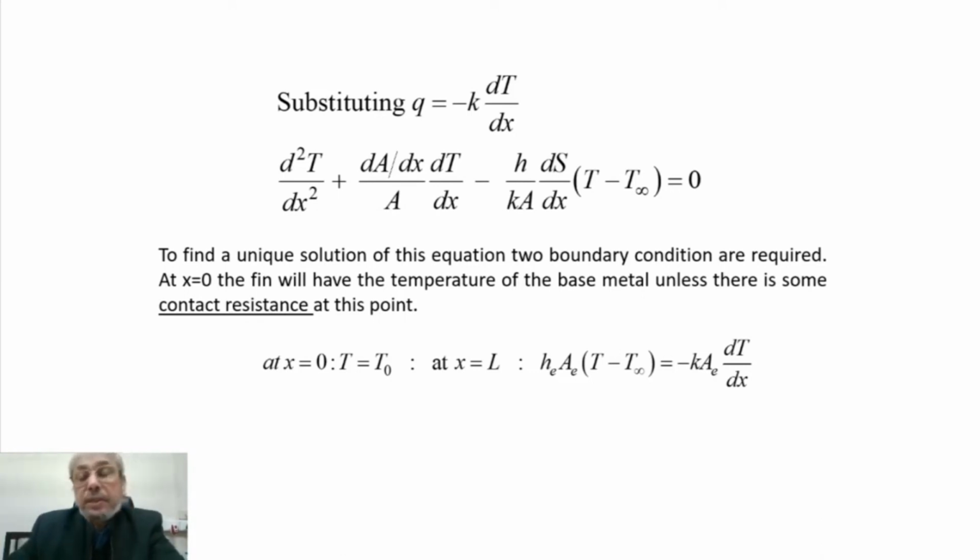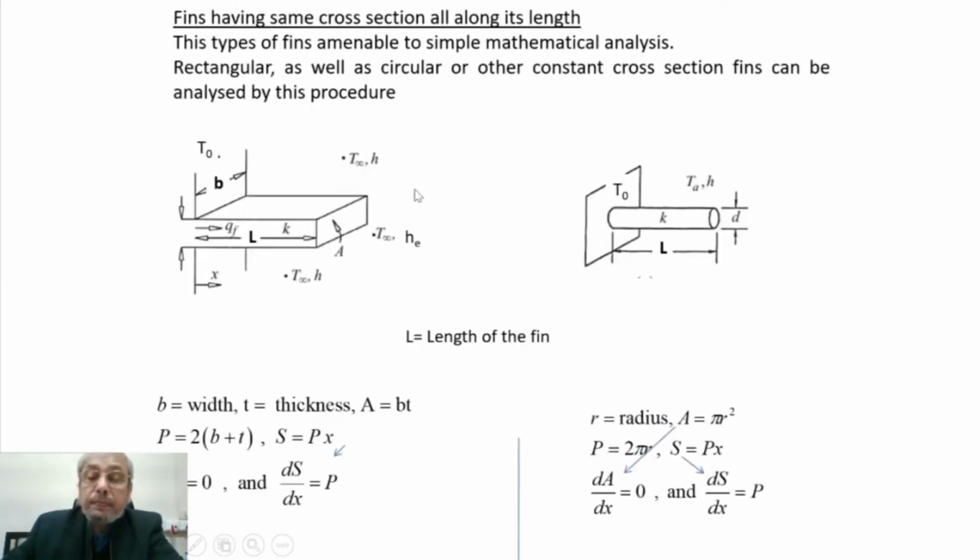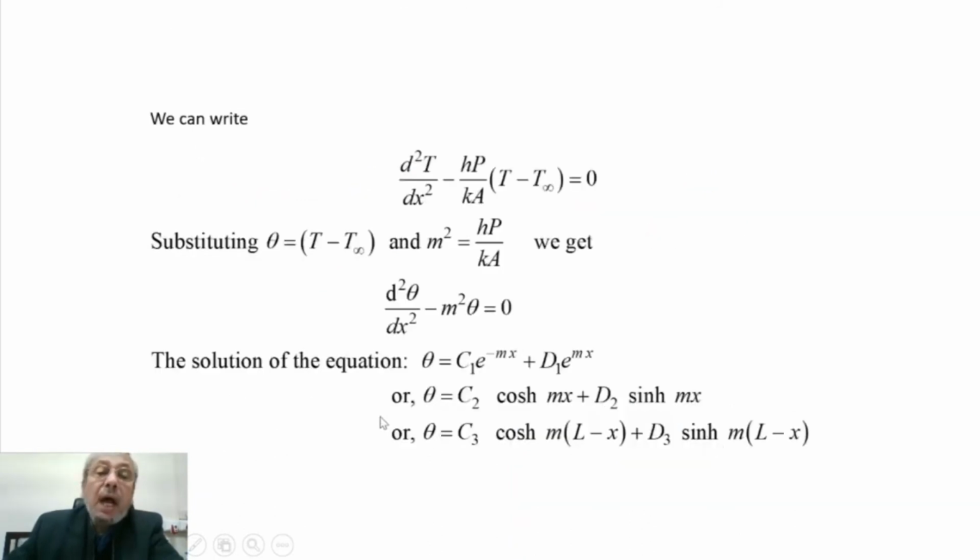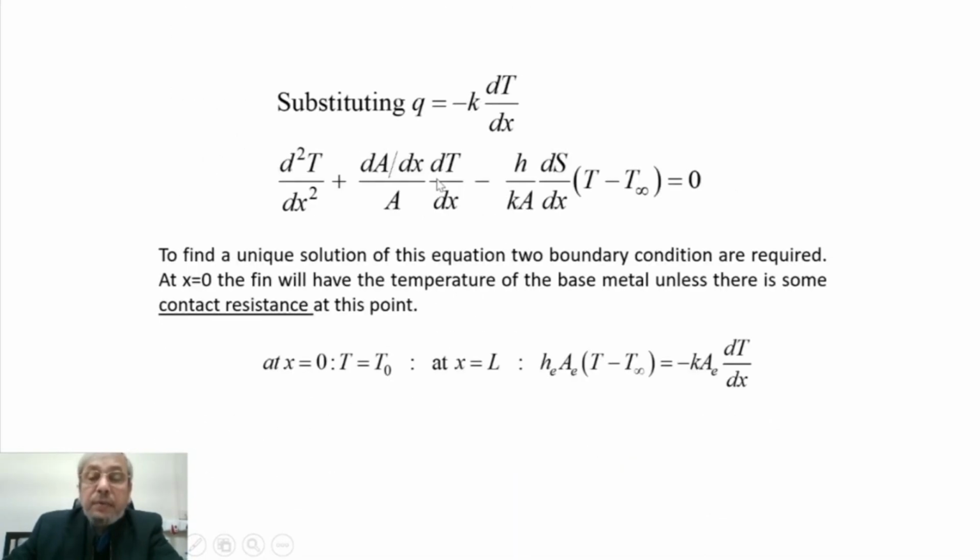We'll solve such situations later, but today we will consider the cases where this dA/dx divided by A, times dT/dx, this term can be dropped. So we will drop that term, and the governing equation will be